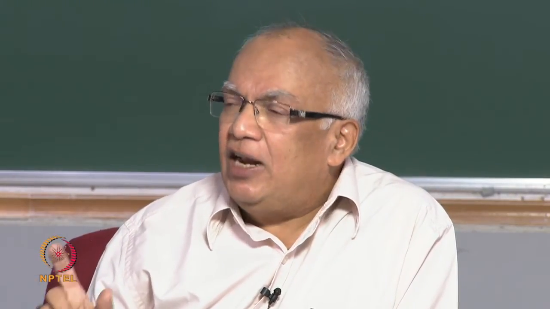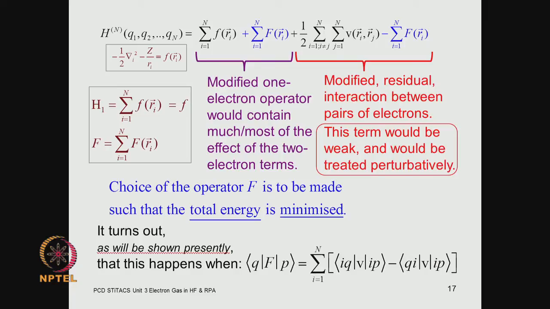What we did was to find the n electron wave functions such that the expectation value of the Hamiltonian was a minimum, and this variational principle is what led us to the self consistent field equations. So, this is going to happen, as we will see shortly, that the matrix element of f between q